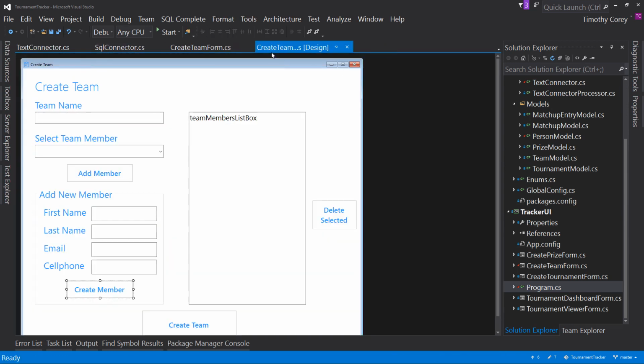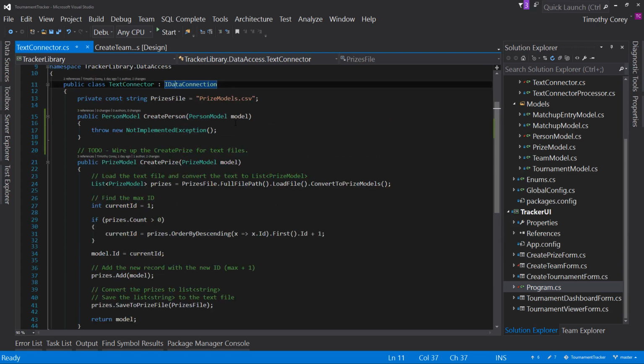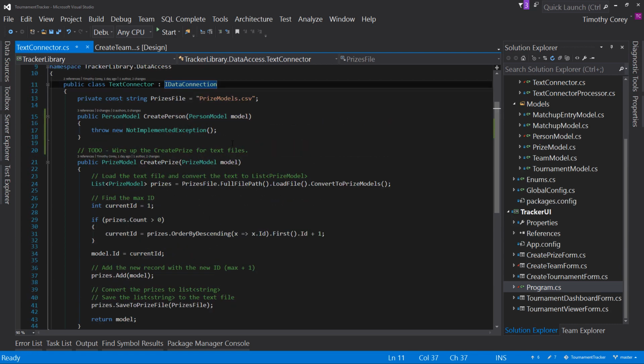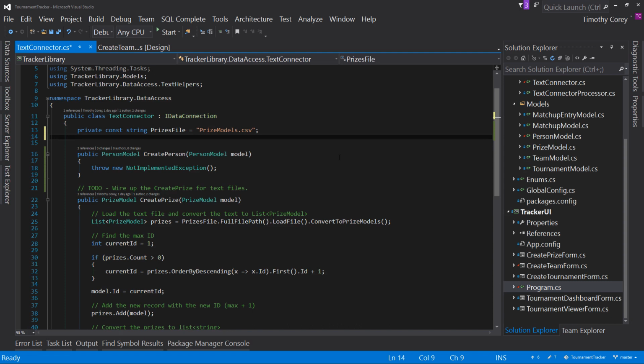So I can close this out. And now I'm going to open up my text connector and essentially do the same thing as this, only up here for the create person. And the very first thing I need is